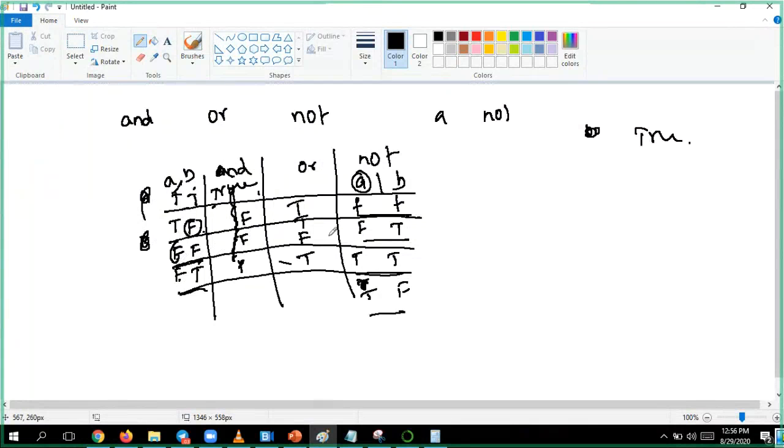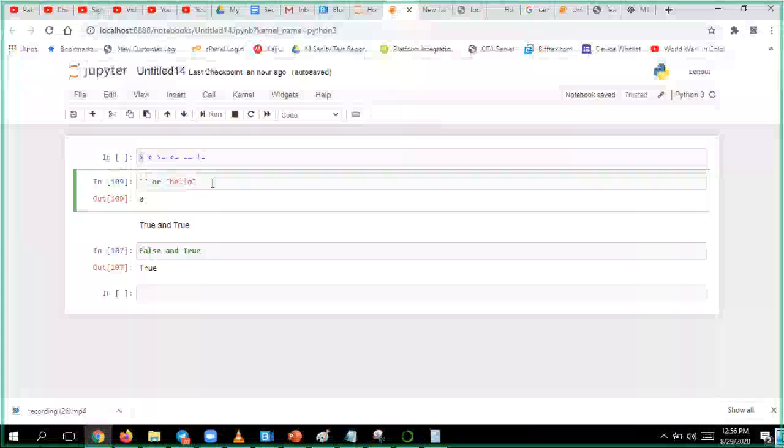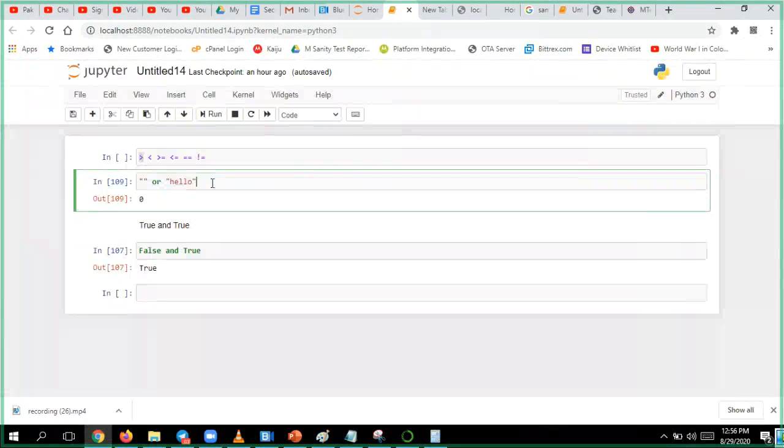Now let us get back. I have an empty string, and I have hello. What will it give me as the result? Tell me. Is the first condition true or false? Guys, does an empty string return true or false? An empty string is always false. And this one, will it provide us true or false?